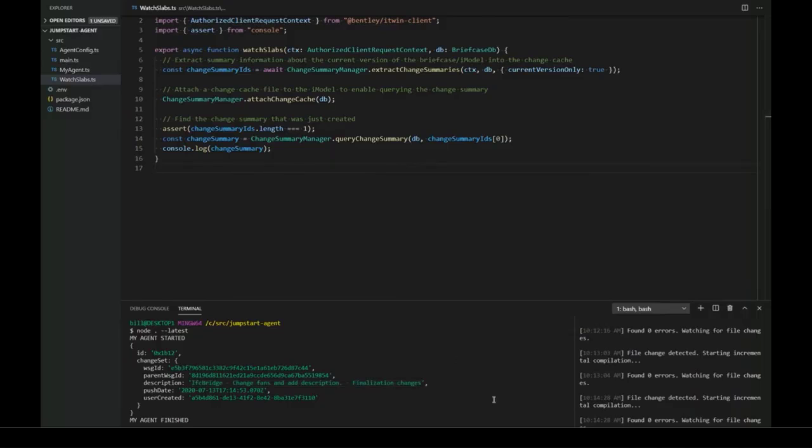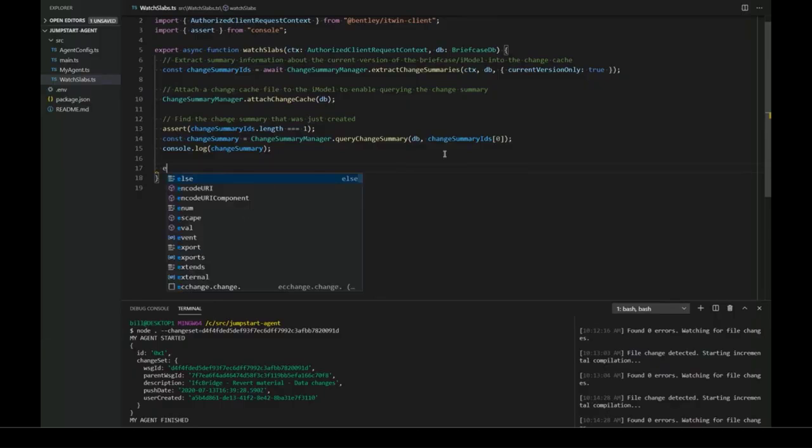So I've already gone through and found the change set that's relevant for this agent. So I'm going to paste that in here, and we can see here's the change set and the change summary. And now let's actually get started querying. Like I said, we want to query the briefcase DB with that change cache connection added. So I'm going to go in here and I'm going to start writing an EC SQL string. So this is basically going to be a kind of straightforward query. We're going to do select